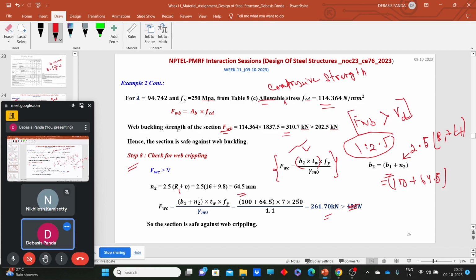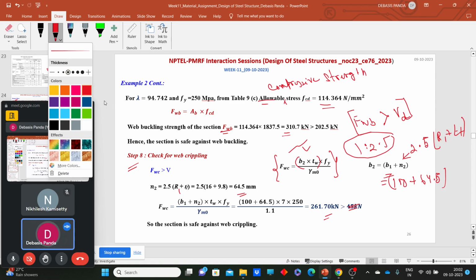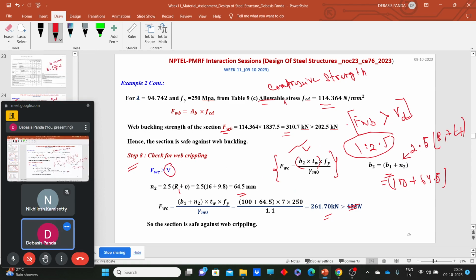Okay, greater than V, the maximum shear capacity we can check, because the design shear capacity is the inherent property. So we need to check against the maximum factored shear force. That means 45. So here also that should be greater than this. So nothing but 45 kilonewton, and also here 45 kilonewton,